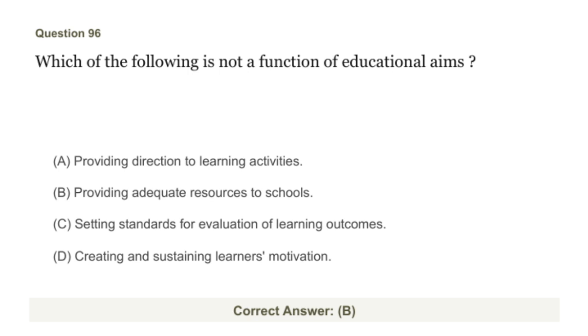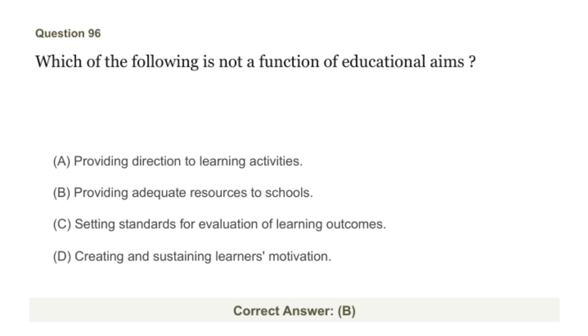Option B, providing adequate resources to schools, is actually more about resource allocation and management rather than the direct function of educational aims. Option C is setting standards for evaluation of learning outcomes, which is certainly tied to the purpose of educational aims, defining what success looks like. And option D, creating and sustaining learners' motivation, is also a key function because aims help inspire and motivate students